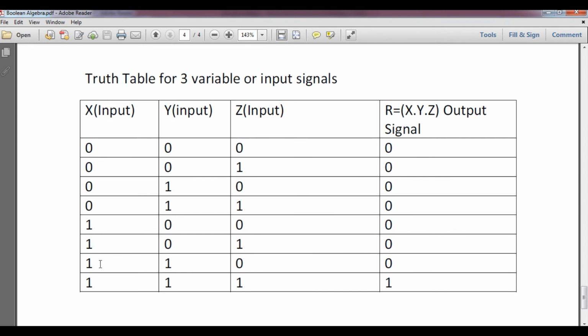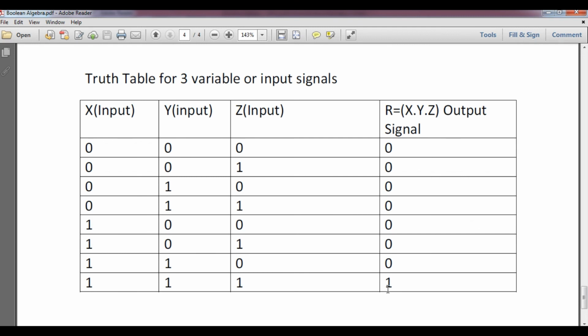So in short student, I can say if all states of the input signals of the AND operation are 1, I mean high state, then it will only produce 1, otherwise in all cases you can see 0. So here definitely it will be 0. In the second case, there are two 0s, so it will again be 0. Here x and z are 0, so it will be 0. Here x is 0, so whether the others are 1 doesn't matter, it will again be 0. Again 0, 1 and double 0, so you can see 0. Here 1 0 1, a 0 has come, so 0. In this case 1 1 0, so it is 0. In the last state only 1 into 1 into 1 will definitely be 1.